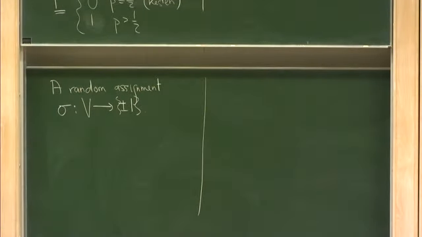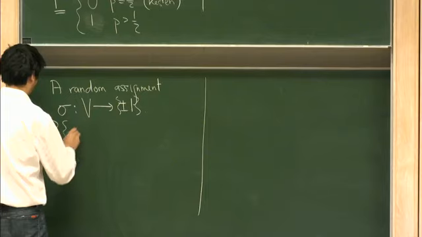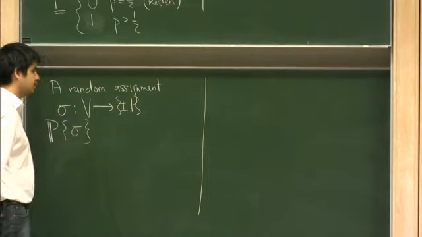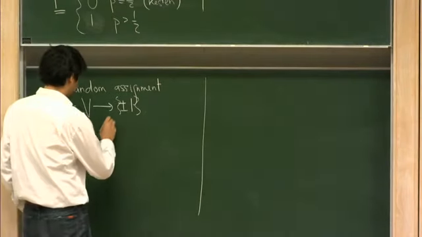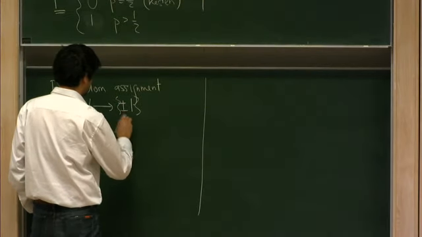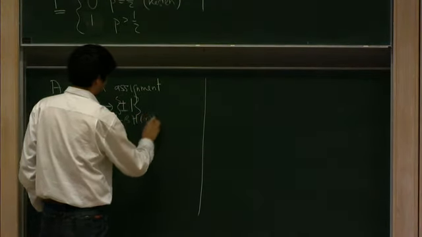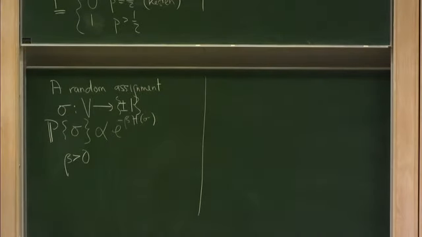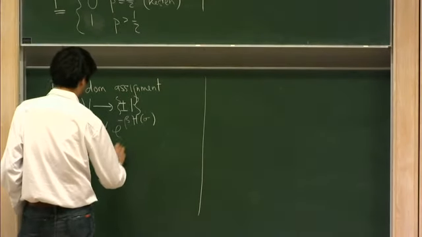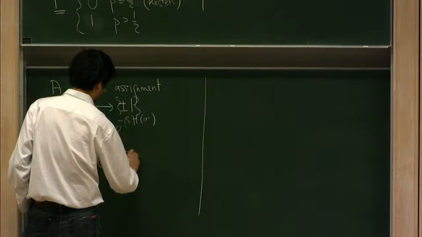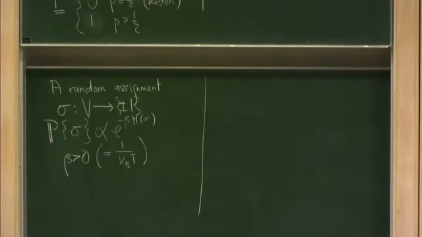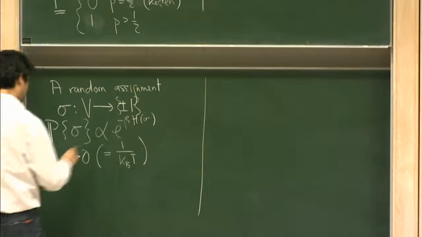And so on every vertex you put a +1 or a -1, and the probability of a given realization is proportional to exponential of -beta h, where beta is a positive parameter. If you want to have a clear analogy with thermodynamics, it is essentially the inverse of the temperature. And h of sigma